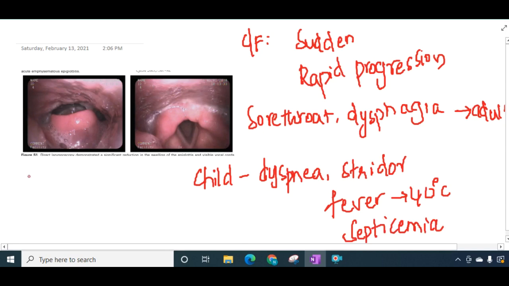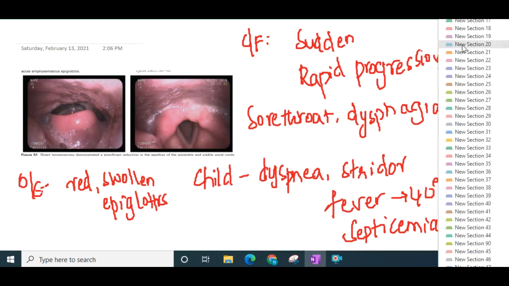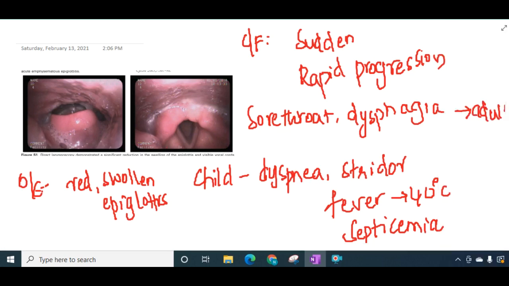In this picture, on examination, you will see a red and swollen epiglottis in the child, and on indirect laryngoscopy you will see edema of the supraglottic structures, and lots of secretions which are coming out. But what is important in acute